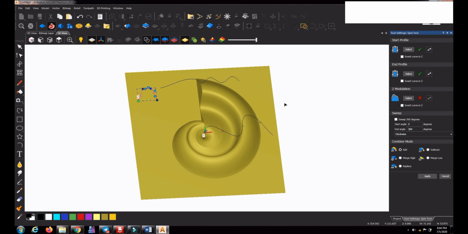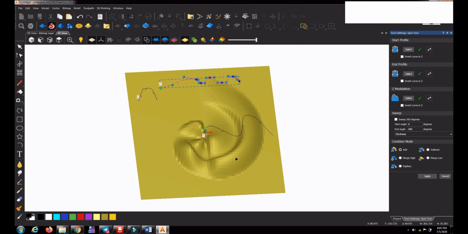Now there is one more vector we can use, the Z modulation profile, to control the height of the profile while it sweeps along an imaginary circle. What should the height be from 0 degrees to 360 degrees? We can control that using a vector. I select a third vector and choose it in the template.